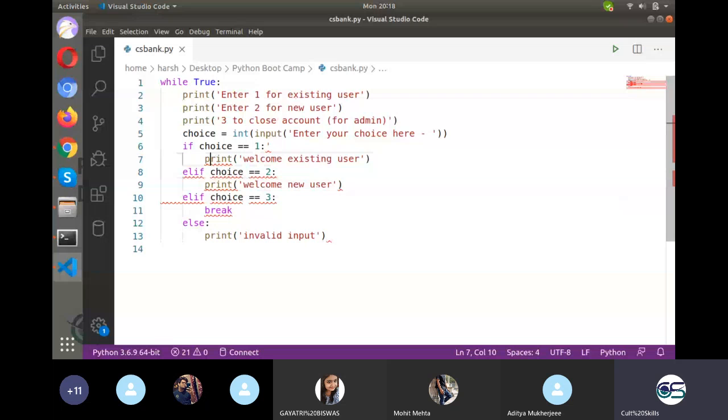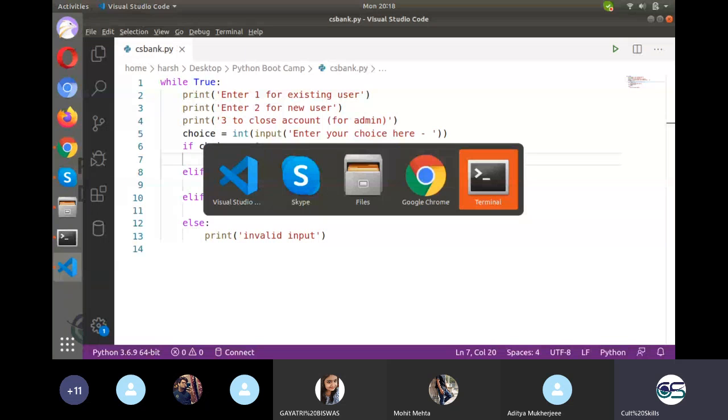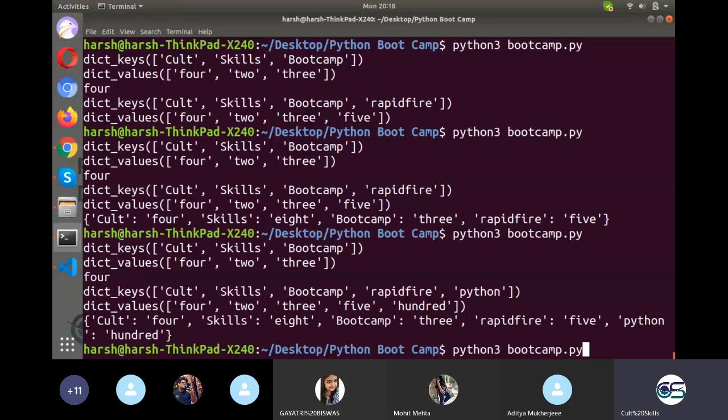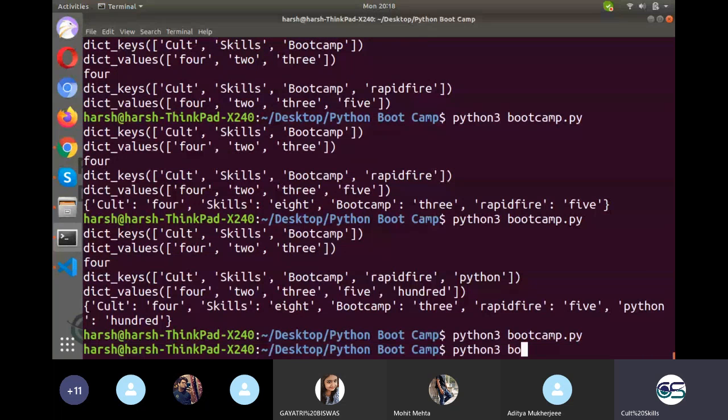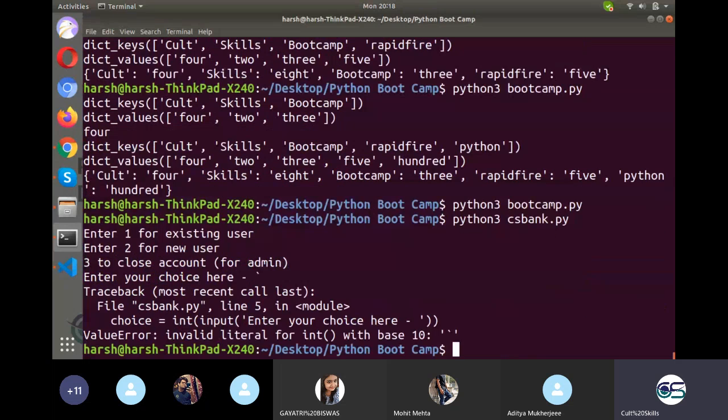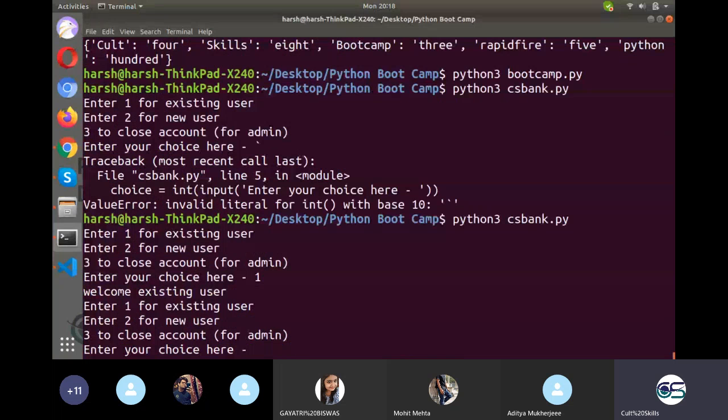Okay, till this point is everything clear to everyone? We just made a skeleton that here we'll be doing something, here we'll be doing something. So these welcome statements will very soon be replaced with the commands and the code. Till this point it is clear. So if I say, okay, that is another file, csbank. If I say I'm an existing user, it will give me welcome existing user. If I say I'm a new user, it'll say welcome new user. If I say 3, then it just gets closed. Okay, I should say or enter.